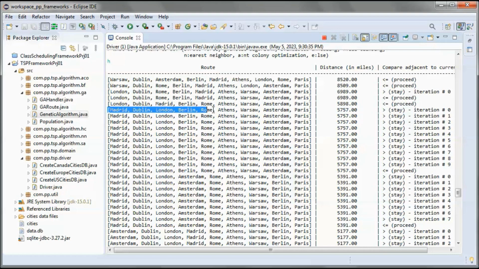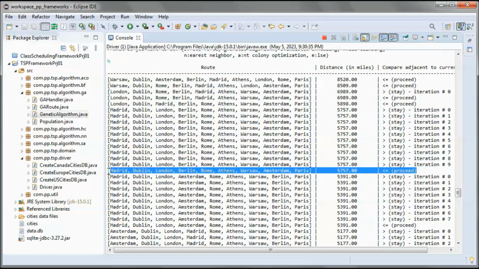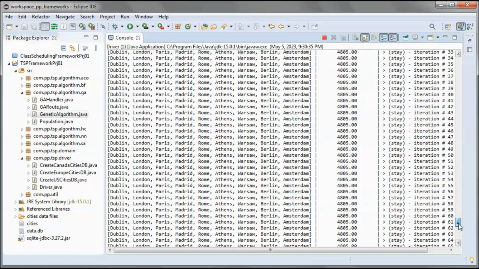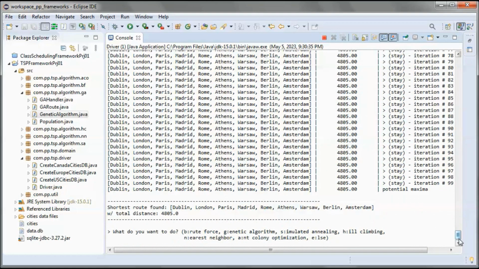So now we are here, and we kept trying and found a larger adjacent route, so we stayed for 9 iterations. And then here we found that the adjacent route has a shorter distance, so we proceeded, and we kept doing this until here